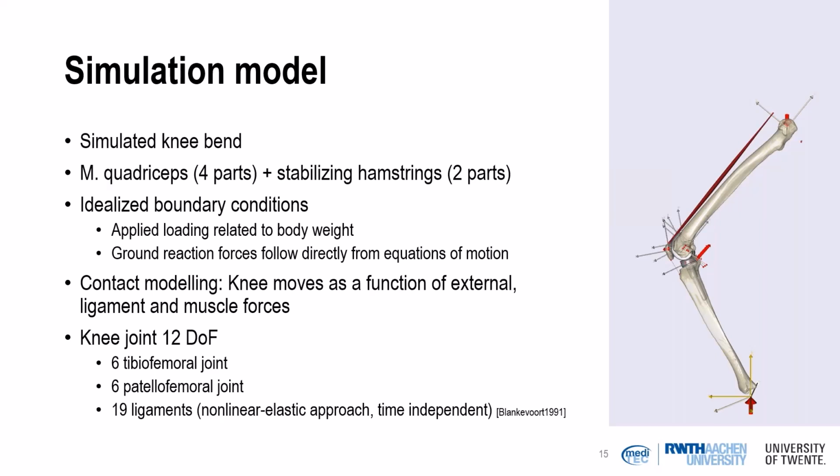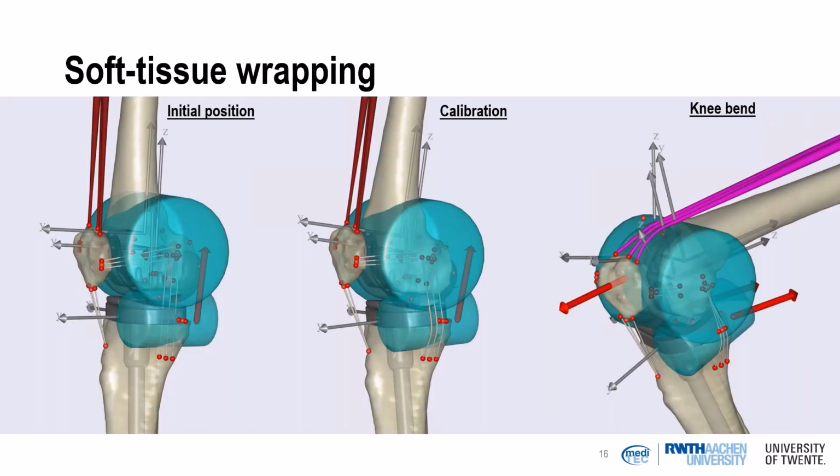We allowed all degrees of freedom, so 6 for the tibiofemoral joint and 6 for the patellofemoral joint. And in our knee model, we overall used 19 ligaments, and we used standard literature data for that. So we modeled them as being non-linear elastic and time independent. To be a bit more realistic, we also incorporated wrapping surfaces, and these were calculated within any body in a